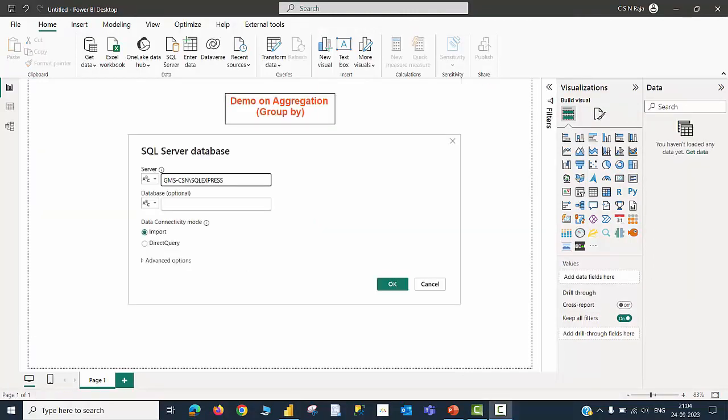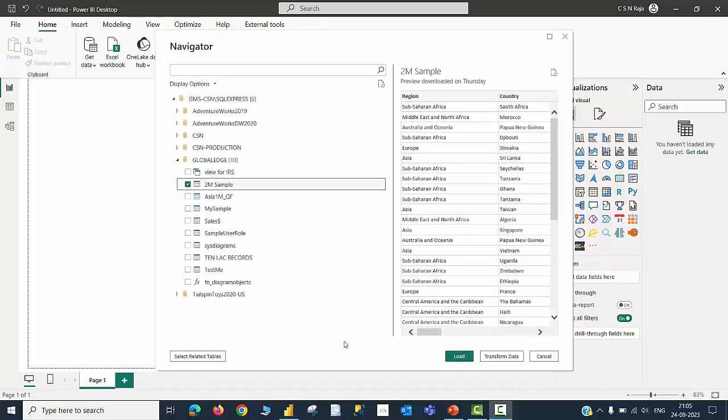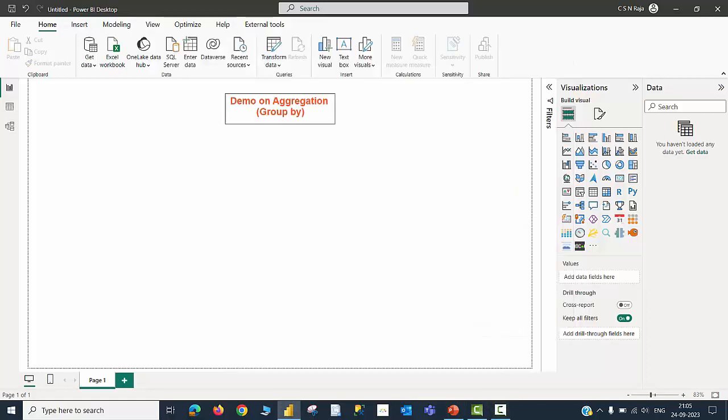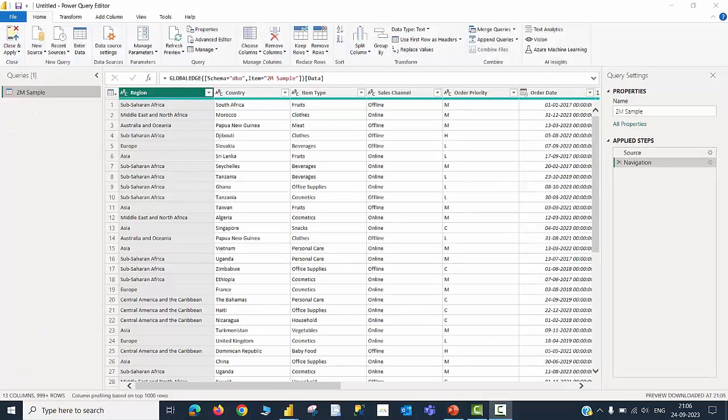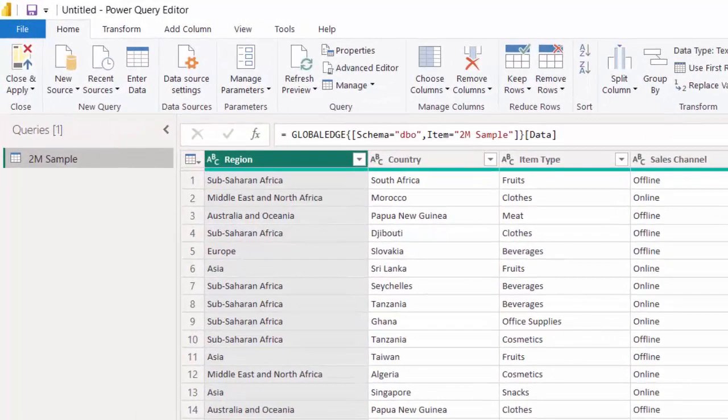I am now going to provide a demo on aggregation, for which I am going to use this same database and same table from my SQL Server. I would like to make use of the direct query option, fetch data from the required table, and click on transform data. Let us now assume that I have a very specific requirement of creating a simple table in which I just want to see the names of the region along with the number of records per region, and then the total profit